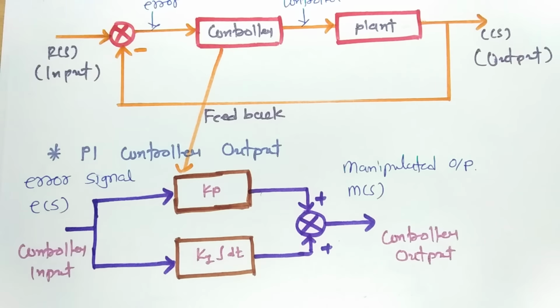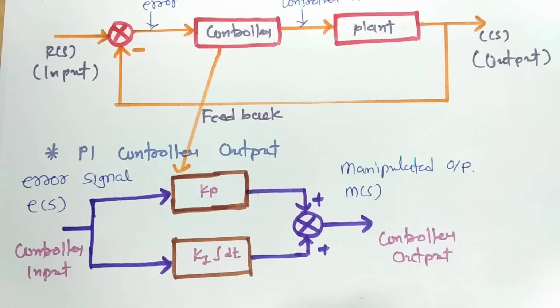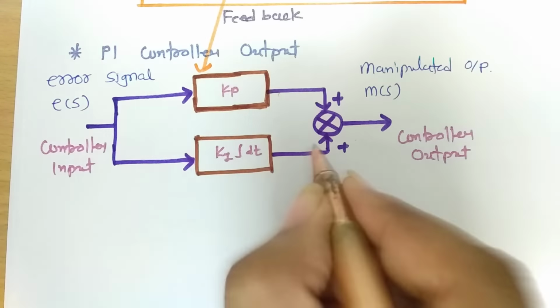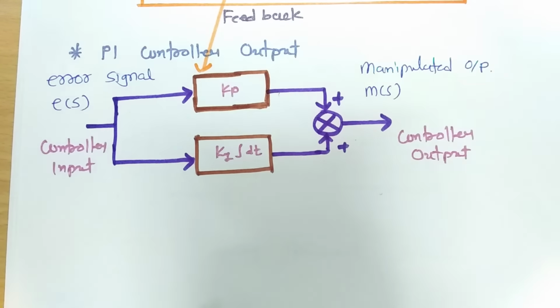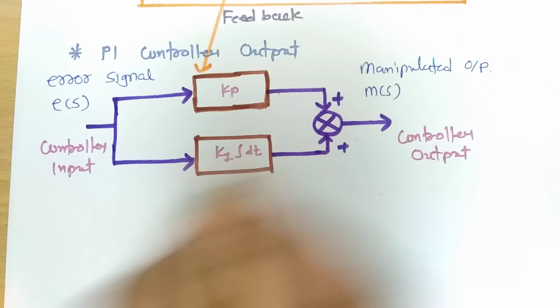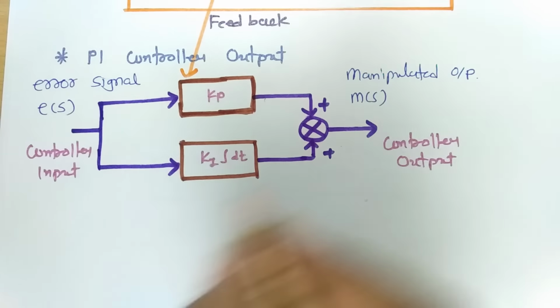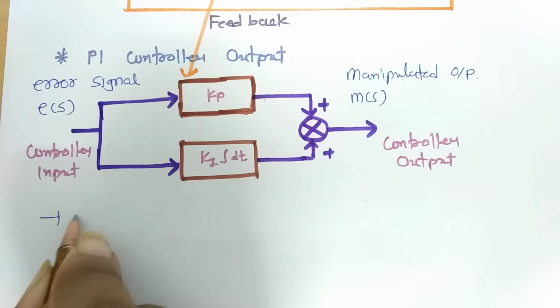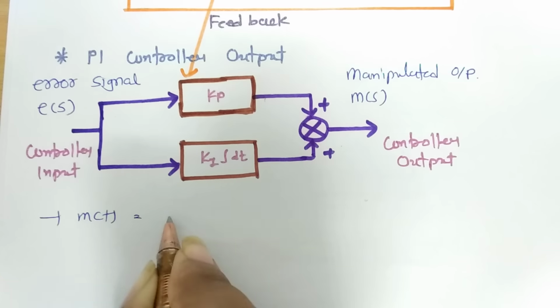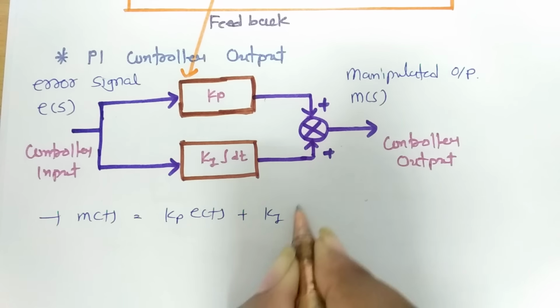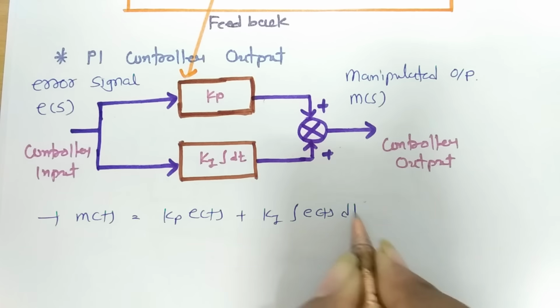So in this session, first agenda is to understand what should be the output which is there at output side of PI controller. So here we can clearly say these two blocks that is getting added. But before I add both of these blocks, let us take it in terms of time domain. So in terms of time domain, error signal is e(t) and manipulated signal, that is what m(t). So controller output in time domain, m(t), that will be Kp into e(t) plus Ki into integration e(t) dt.